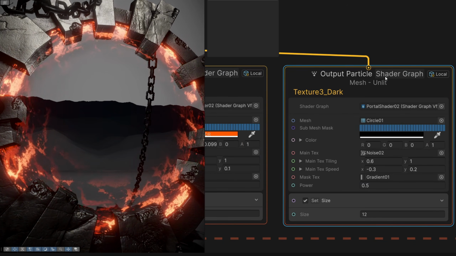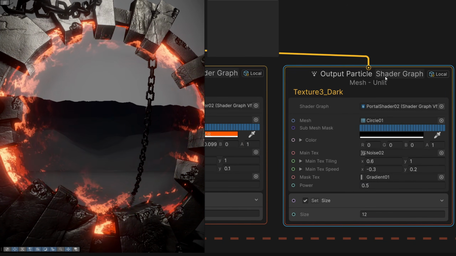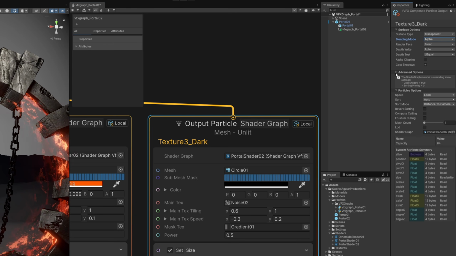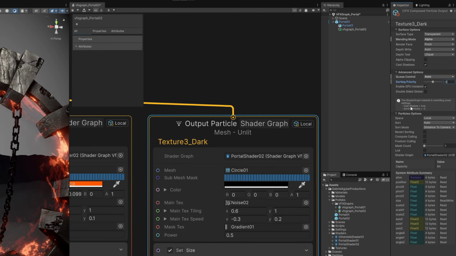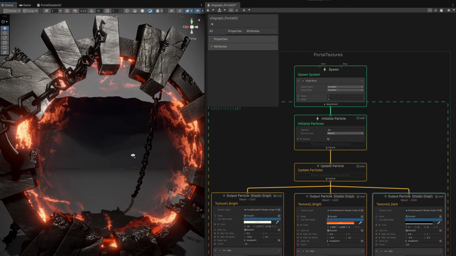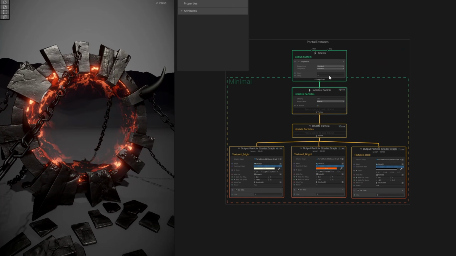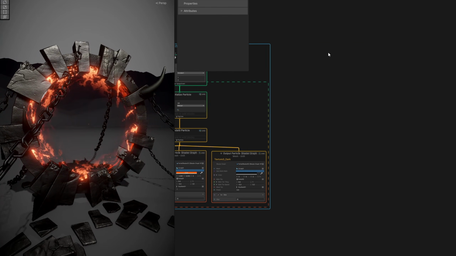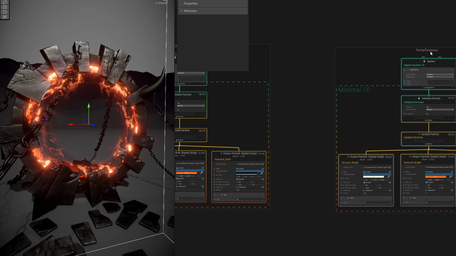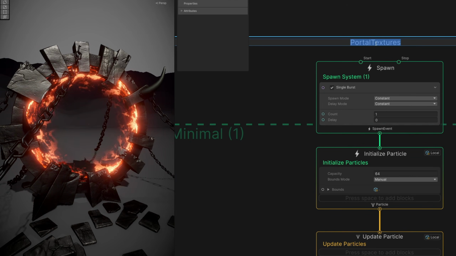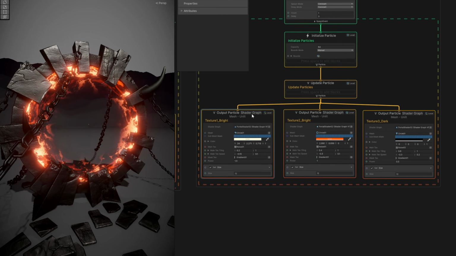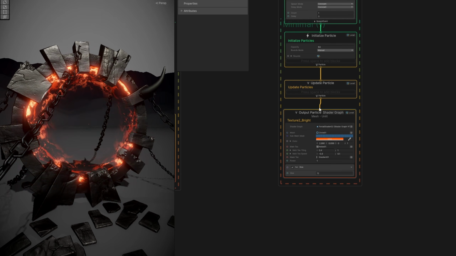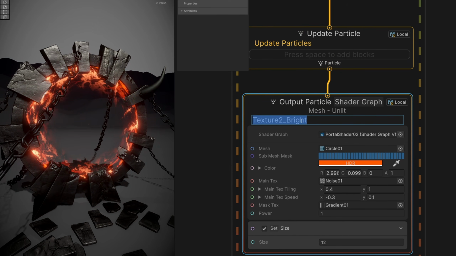Let's just make sure that this dark output is rendered below everything. If we select the output in the inspector, on the advanced options we can say the sorting priority is -2. Here we go, looking good. Now, as for the other side, the cube map, wherever you want this portal to take you, we can copy this entire system, rename it to something like Otherside, remove texture 1 and texture 3, call this one the other side,